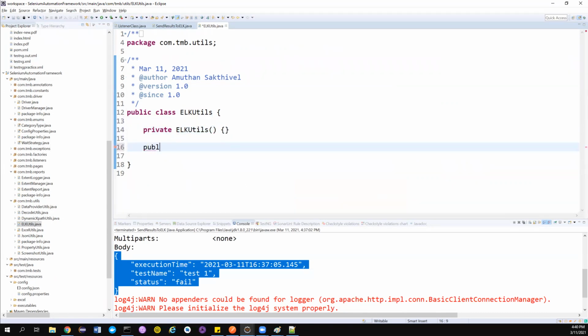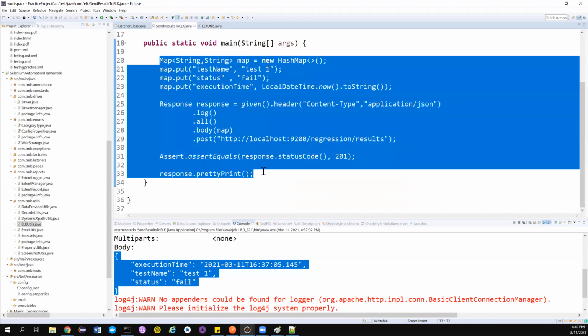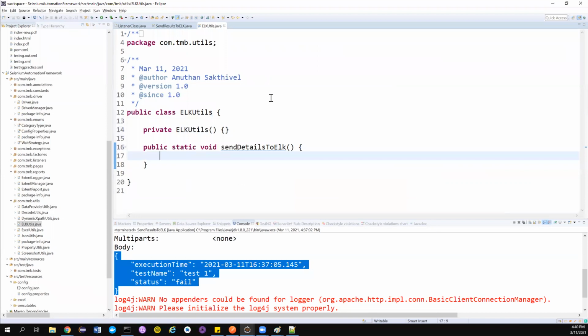So I create a public static void method, sendDetailsToELK. Once you do this, you can copy the same code there. Whatever code we have written in the separate project, we copy it and put it here. Everything is absolutely working fine.